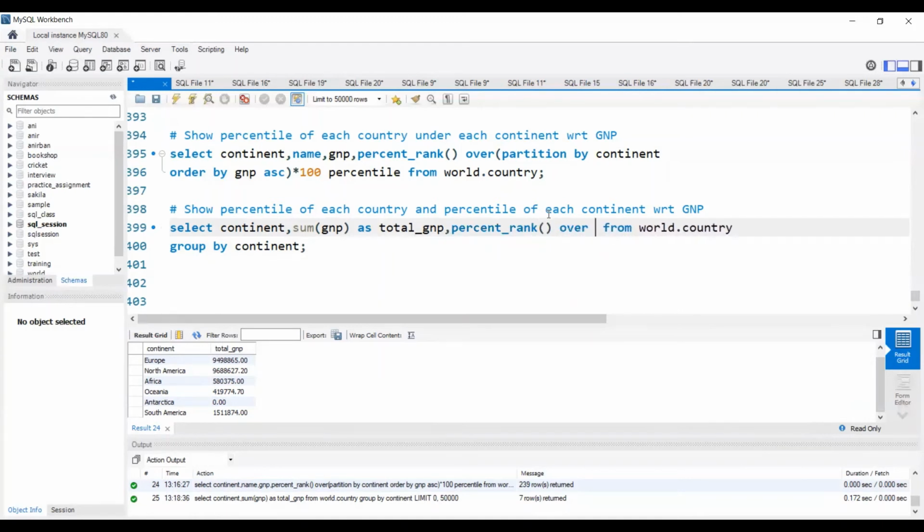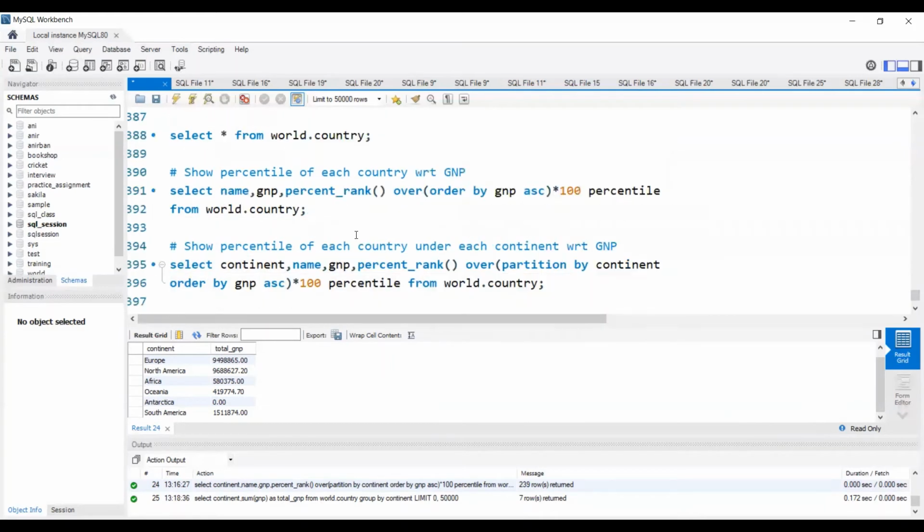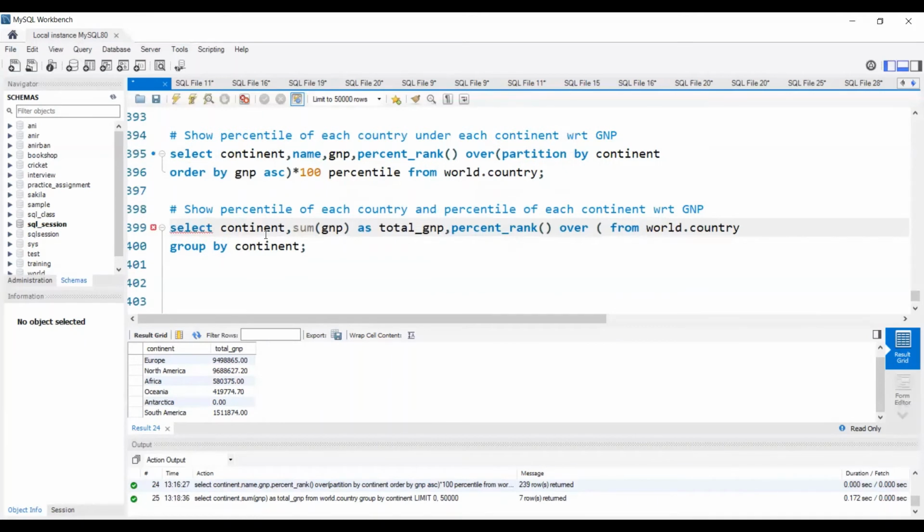over. Now here I have only one column, that is continent. So no need to use partition by over here. Just like in the first question, I wanted to show only the country column. So we don't have any upper hierarchy column. Only the country column needs to be shown. So that's why we didn't use any partition by. And this GNP is nothing but a numeric column. So over here also I need to show only the continent column. And the sum of GNP is nothing but an aggregate function. So since we don't have any upper hierarchy columns, no need to use partition by.